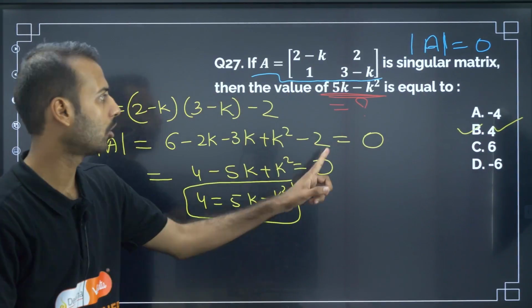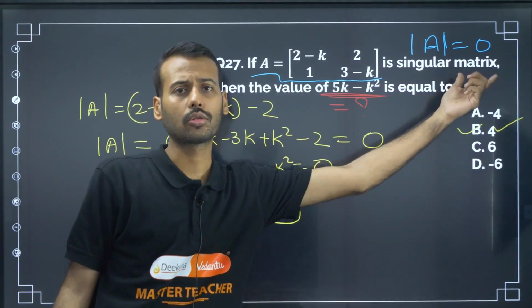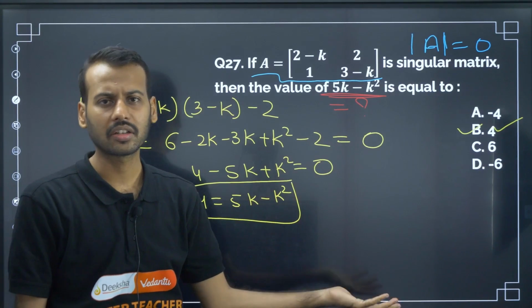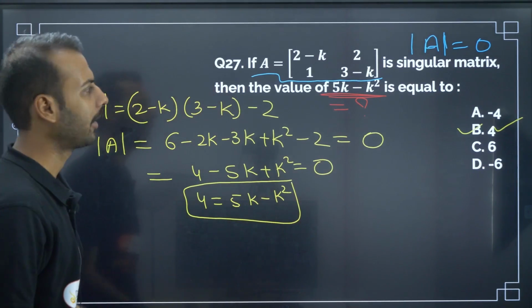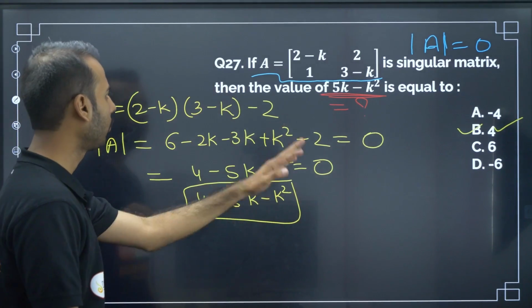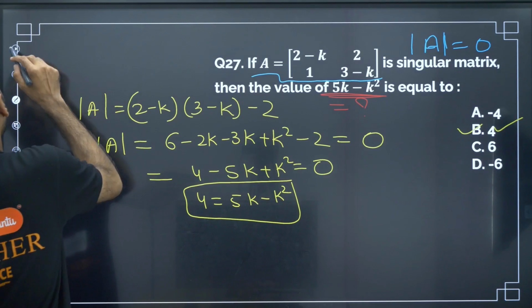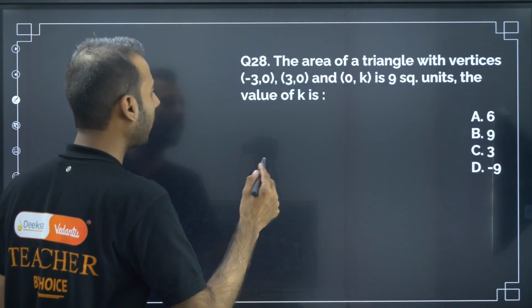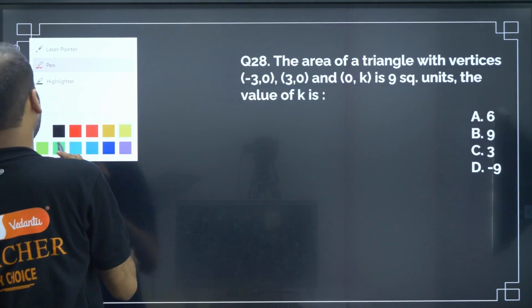Again, a very simple question. Only one determinant of A is equal to 0. You should know the simplification, since they teach it up to 10th standard only, so you should know all this. Within 30 seconds we can get the answer for this. Moving on to the next. If the area of the triangle with vertices is 9 square units, so what have they